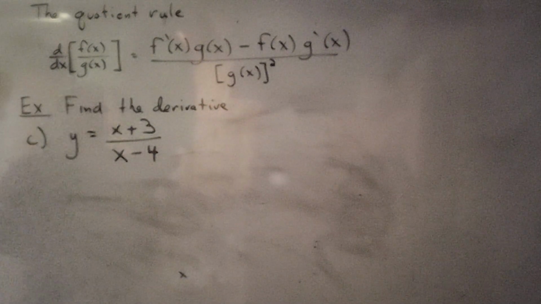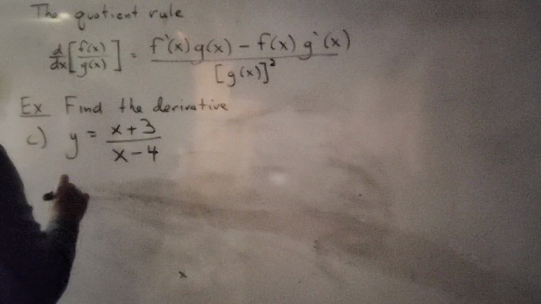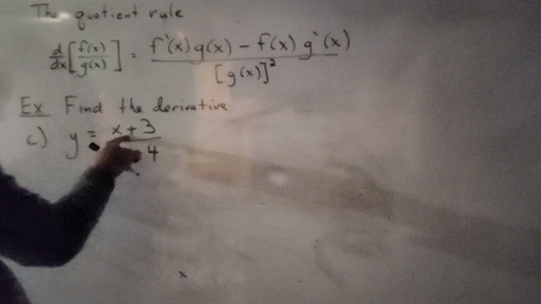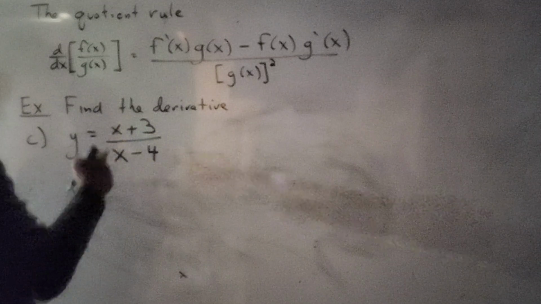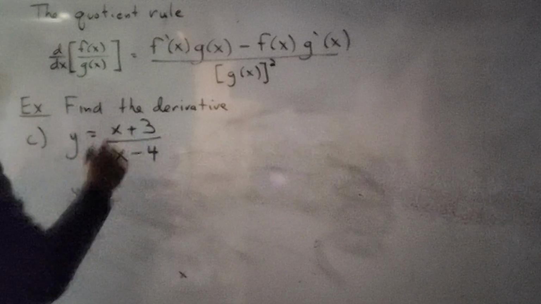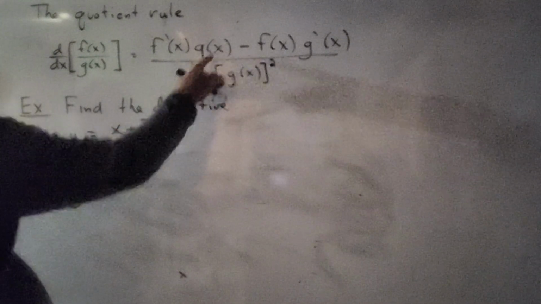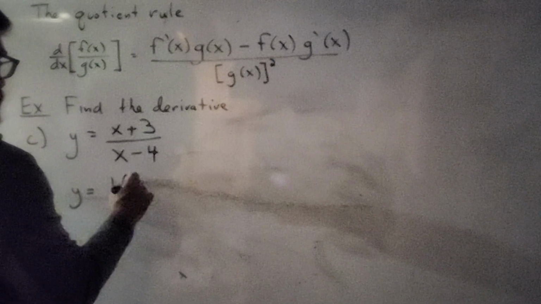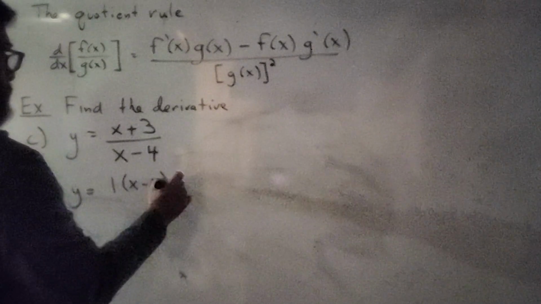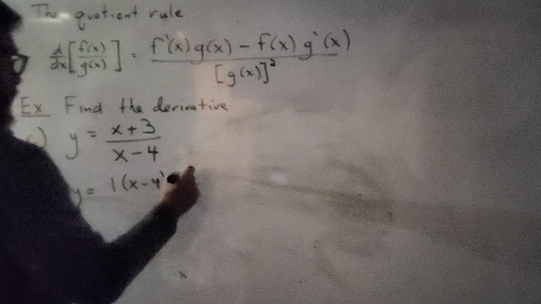So again, derivative of the top. So y prime is going to be the derivative of the top. The derivative of x plus 3 is just going to be, the derivative of x is 1, the derivative of 3 is 0. So this is going to be 1 times the bottom. So this is going to be x minus 4, minus the top, which is going to be x plus 3,